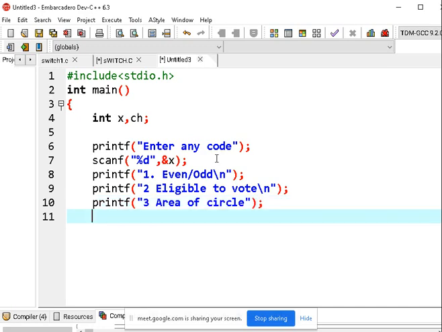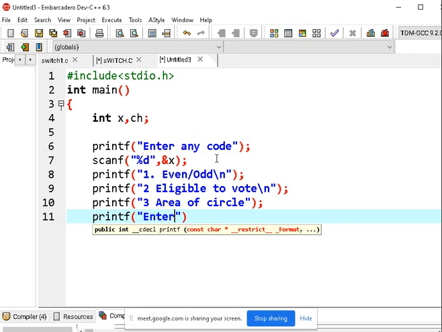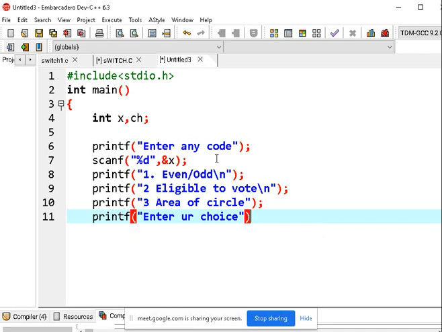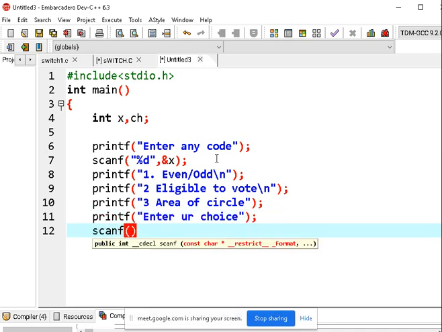So immediately any one should be performed. Now I am going with choice. I'll ask enter your choice. Tell me your choice. So that choice will be read into scanf function. Scanf %d, %d double quotes close, comma, address of ch.